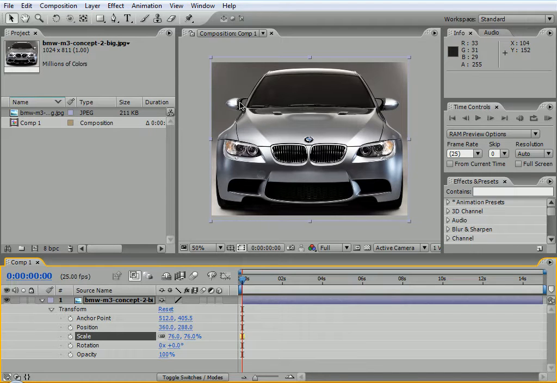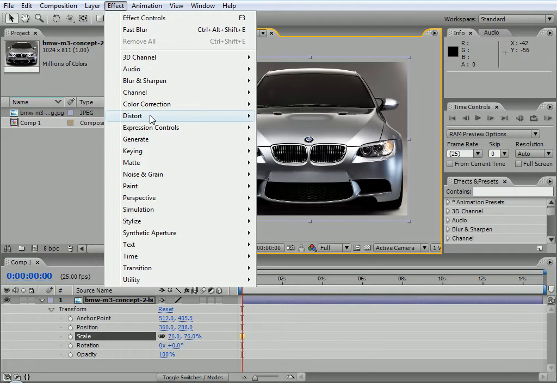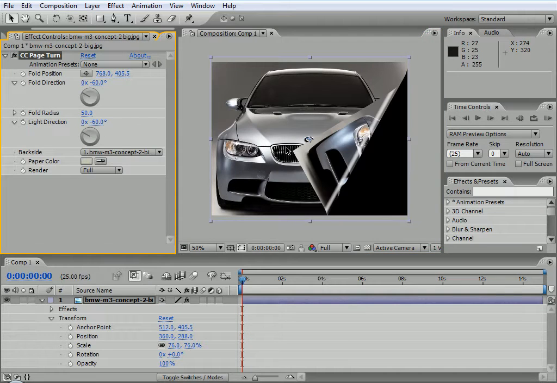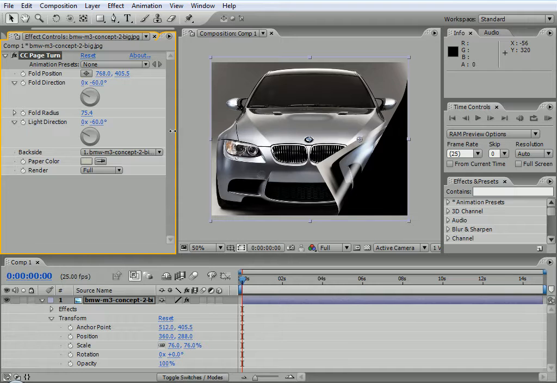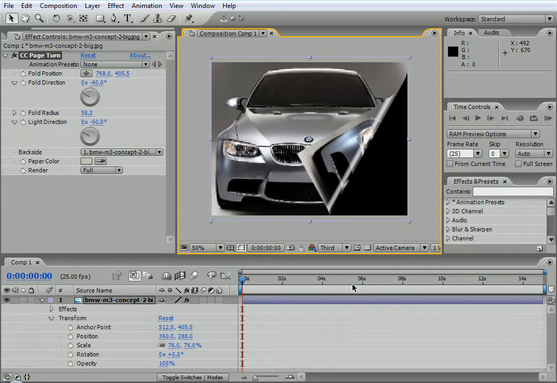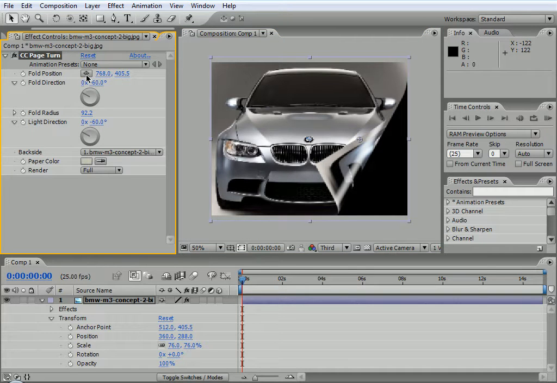You see, before I talk about animation presets, if I selected this, I can go to effect, for example distort, and choose, for example, page turn, right? So here I can change the different parameters for my page turn preset. Now I'm changing the value, but the effect is changing a bit slowly. It's because of the computation. So I'm going to go down to a lesser resolution, and then I'll be able to change this a bit more interactively. And I can click here to actually change the position of the fold